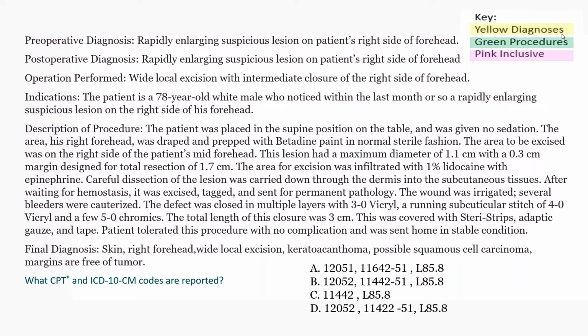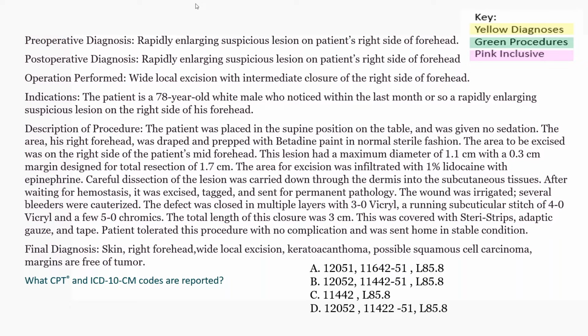Operation performed: wide local excision with intermediate closure of the right side of forehead. Indication: the patient is a 70-year-old white male who noticed within the last month or so a rapidly enlarging lesion on the right side of his forehead. Description of procedure: the patient was placed in the supine position on the table and